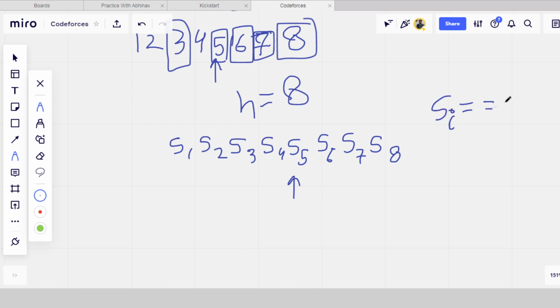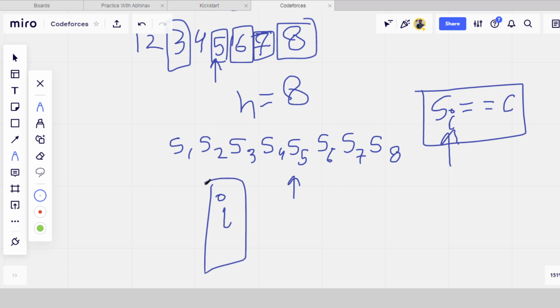Why are we finding this? Because if we find the greatest index where si is equal to c, it means we do not have to convert that particular index to c. हमें उस वाले कैरेक्टर को c से नहीं रिप्लेस करना, पहले से c है, हमें बाकी सबको करना है. तो हम लोग एक i निकाल लेंगे. Let's say we have i, the greatest index where si is equal to c, meaning we don't have to replace that. And if this i